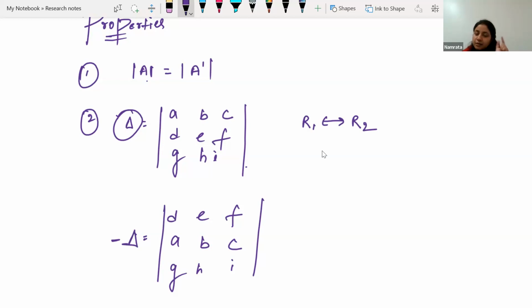That time we have to write a minus sign in front of the determinant. Okay, so this is also one of the properties. Now the next property is,